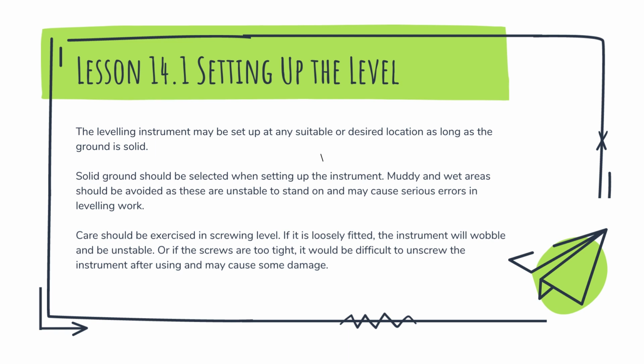Muddy and wet areas should be avoided as these are unstable to stand on and may cause serious errors in leveling work. Second, care should be exercised in screwing the level. If it is loosely fitted, the instrument will wobble and be unstable. Or if the screws are too tight,